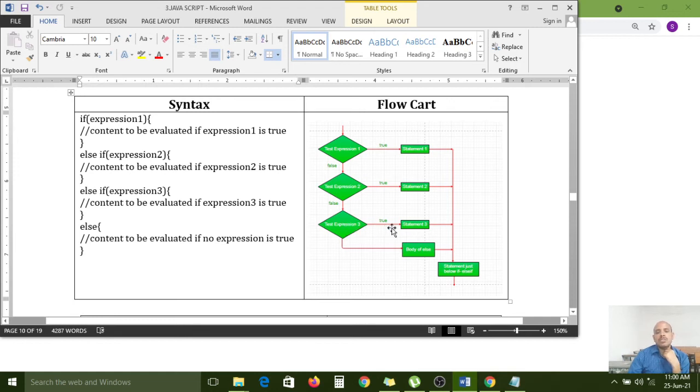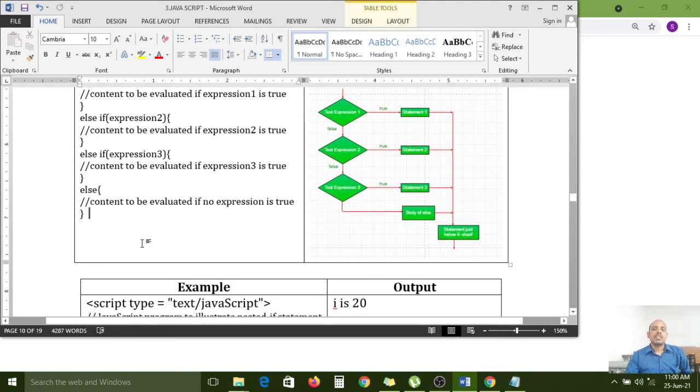If it is true, then the statement 3 block is executed. If test expression 3 is also false, then the body of else will be executed lastly. But among these, if any one is true, then that block of statements will execute. The remaining will not be executed, it will terminate by itself.